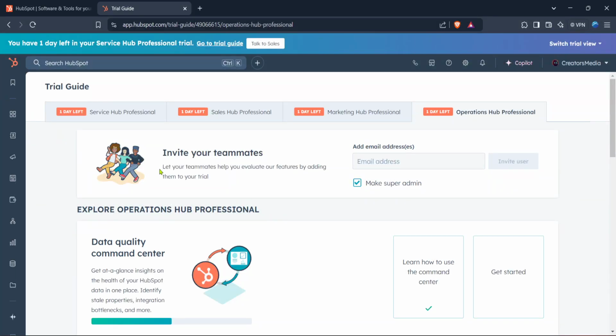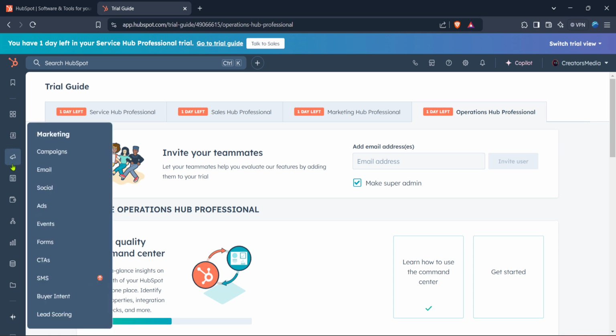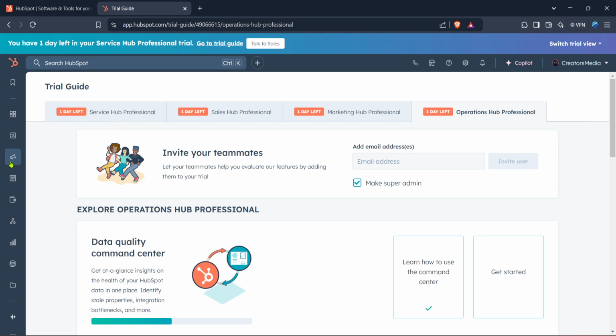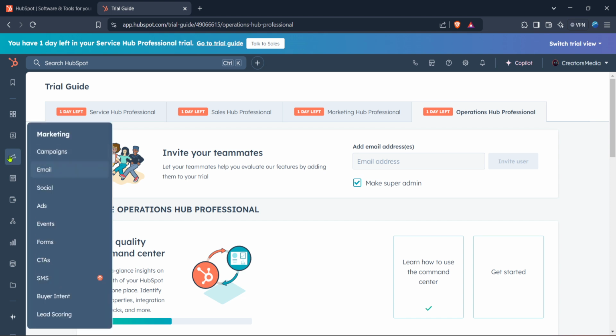After logging into your account, you'll find yourself on the HubSpot homepage. Here you can see your dashboard and everything HubSpot has to offer. But for our purpose today, we're looking for the HubSpot marketplace. So direct your attention to the top navigation bar and find the icon that resembles a storefront. This is the marketplace. Clicking on this will take you into a world of apps and integrations that can expand